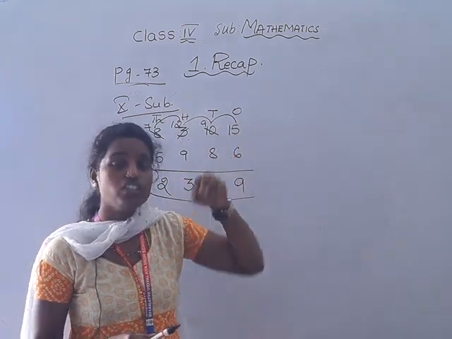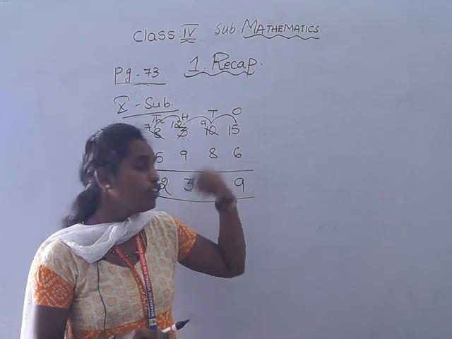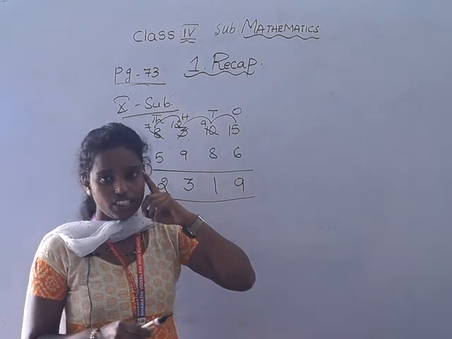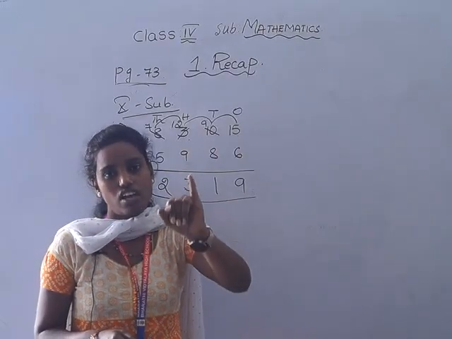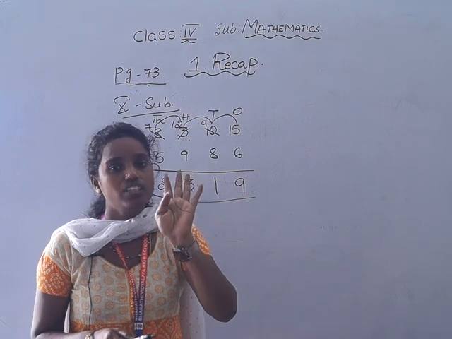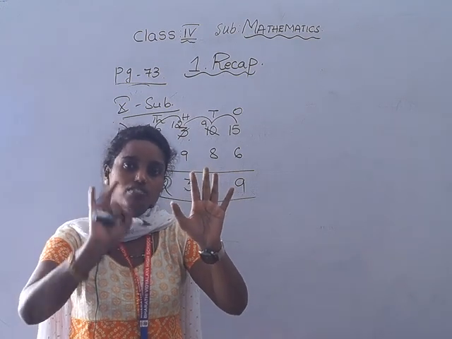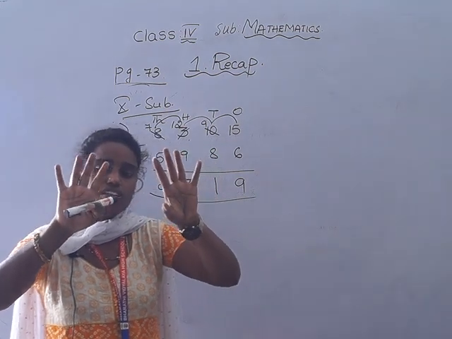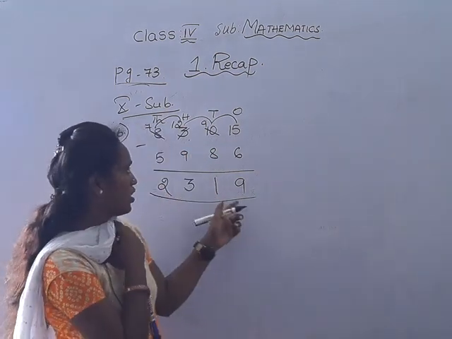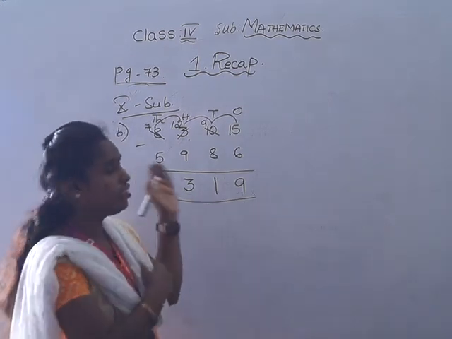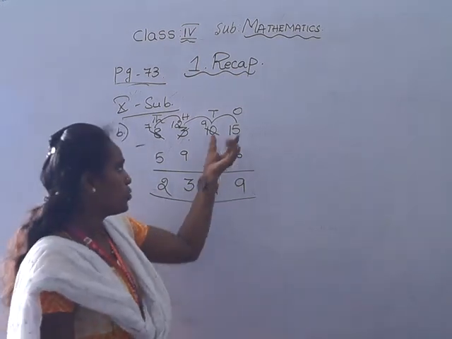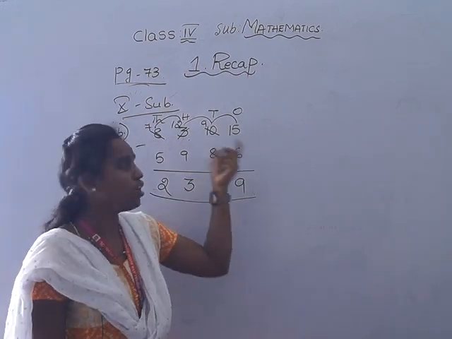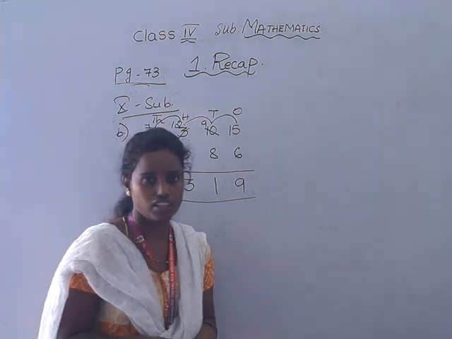6 after, you should take the number after 6 and you should count up to the number which is in your mind. So 15 in the mind. 6 after 7, 8, 9, 10, 11, 12, 13, 14, 15. So how many fingers? 1, 2, 3, 4, 5, 6, 7, 8, 9. So we are writing 9. Similarly, you should keep the number in the mind and after the small number you should count up to the number we are having in the mind.